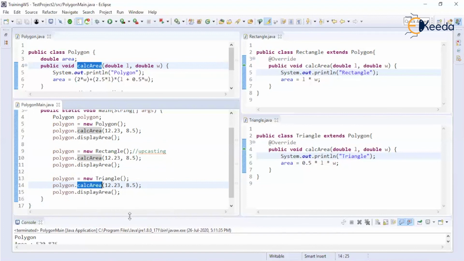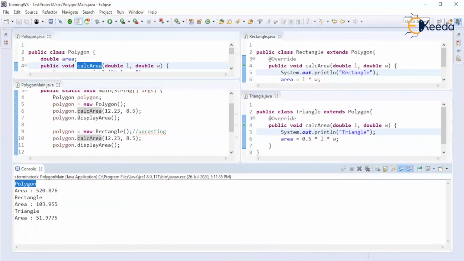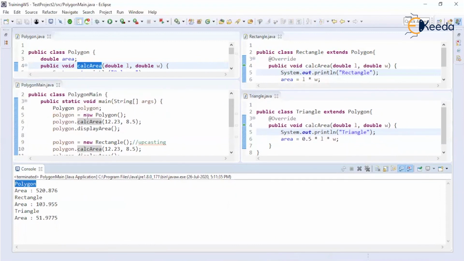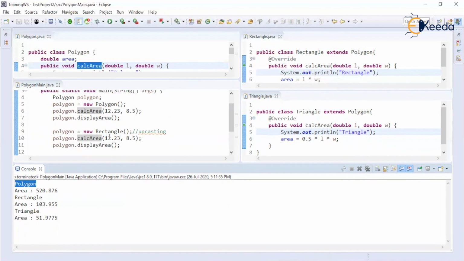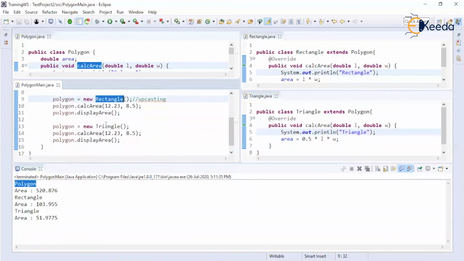However, at the time of execution, the first time, as this variable is holding an object of polygon, the calc area method of polygon is executed. Here, when the object of rectangle is created, the calc area method of rectangle is being executed. And here, as the object of triangle is created, the calc area method of triangle is being executed.